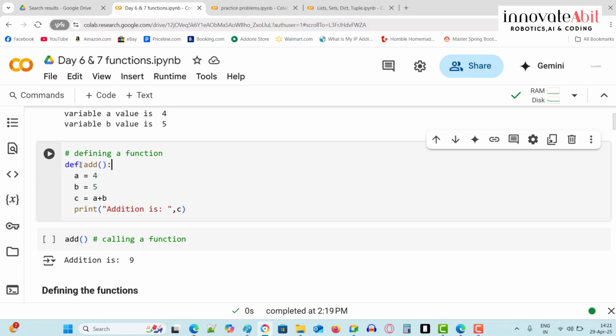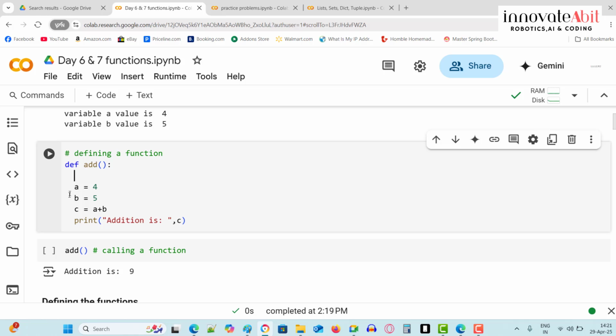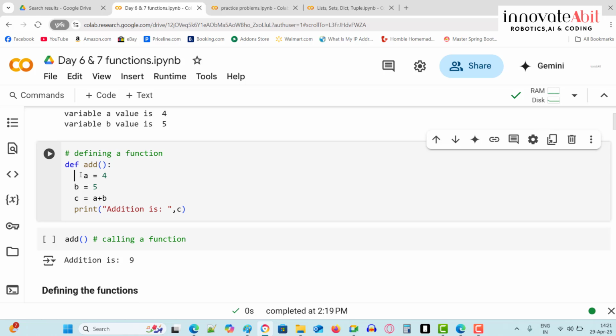Okay, sir. So this is the def function, sorry, the add function. So def add, open and close the bracket. After that, a colon. This will define the function. After the colon, when we hit enter, from here we need to write the functionality that this function will do. So here I'm writing a equal to 5, b equal to 5, c equal to a plus b. So now when I run this code,